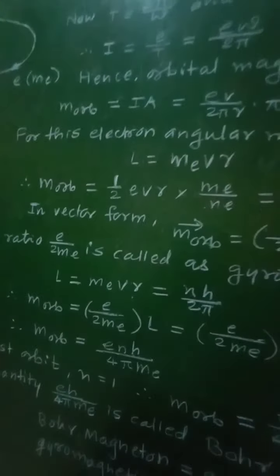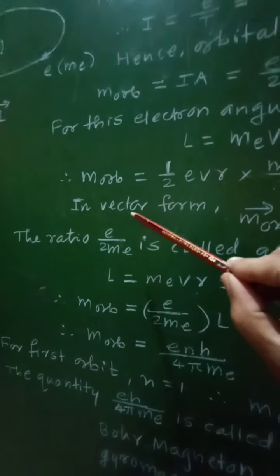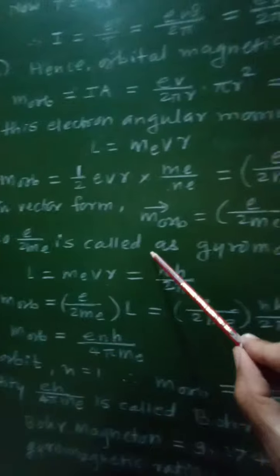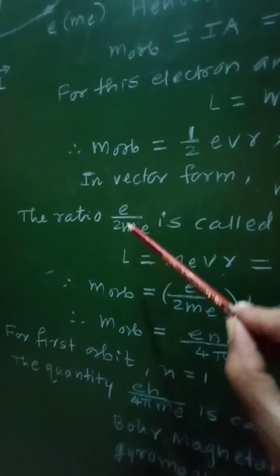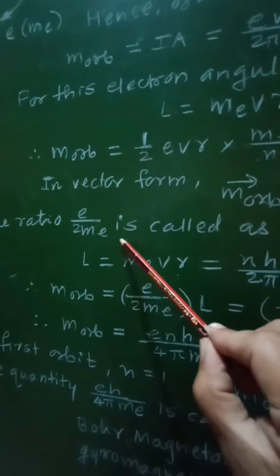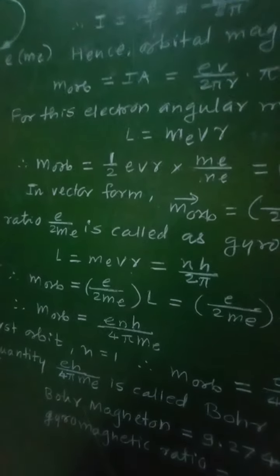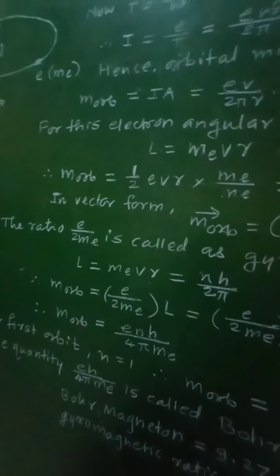Now the ratio e upon 2m_e is called the gyromagnetic ratio. It is the ratio of the charge of the electron divided by 2 times its mass, and therefore it is called the gyromagnetic ratio. Now if you consider L, that is angular momentum,